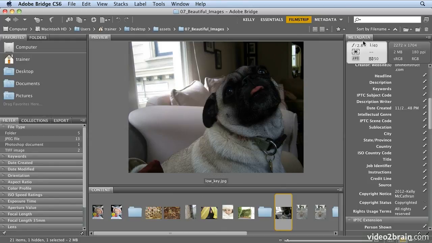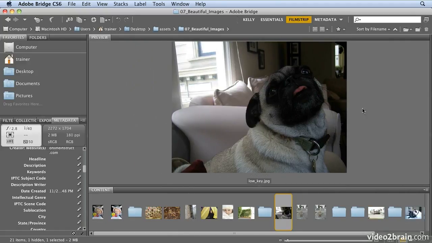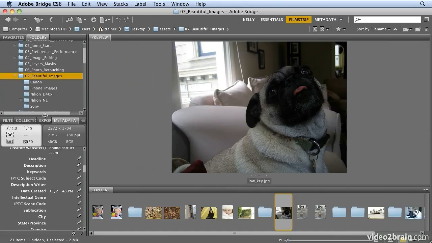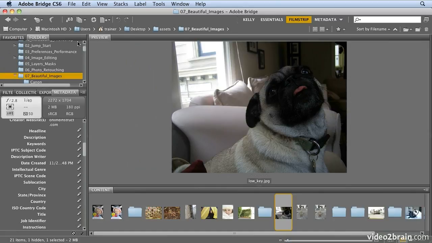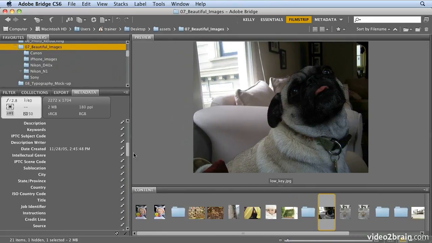And with the Metadata panel, I like to dock it down here on the left so I still have room for large previews. I'll also hit Folders because I've collected for you images that were born on quite a few different camera types. If I take a look at this shot that I took years ago,